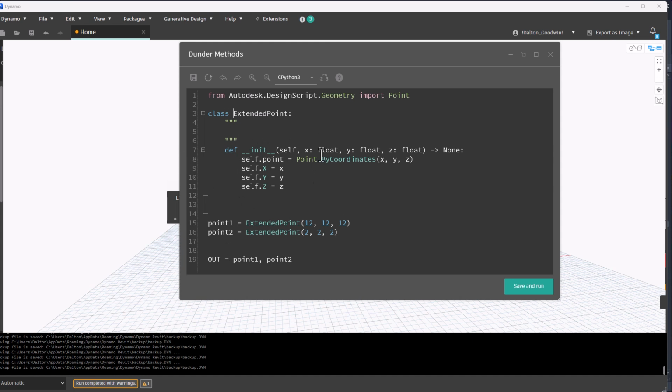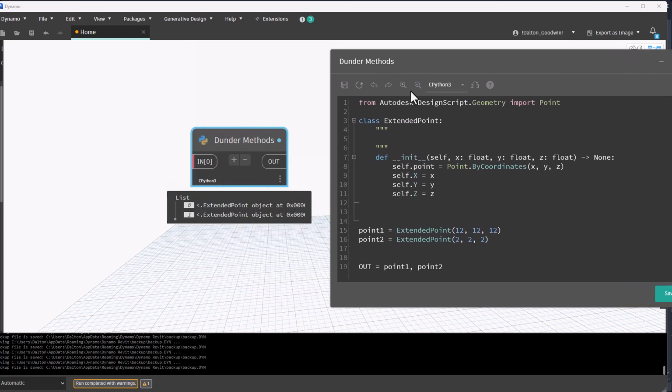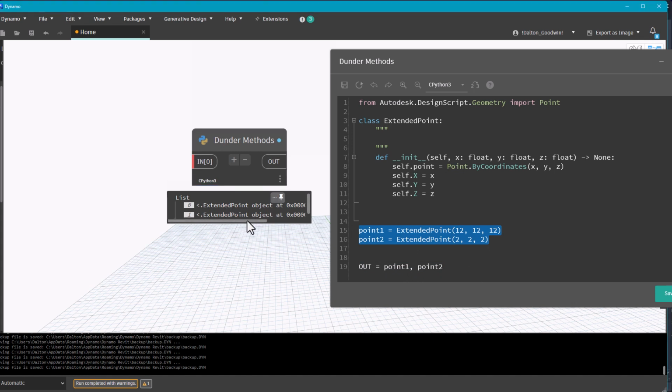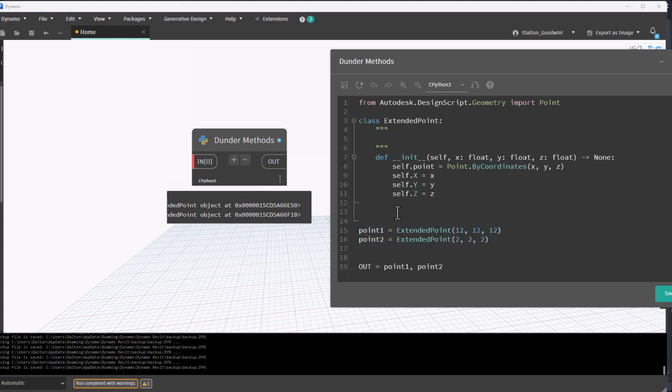So we've got our init method, and I'm going to go ahead and create a string method. And the reason why is, you can see here, if we return our points that we've created, so those are right here, it just returns this unreadable object information, and it isn't that useful for me. And so by using the string Dunder method, we can return something that's a bit more readable in our output. So if we do string